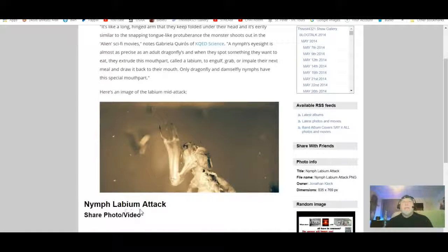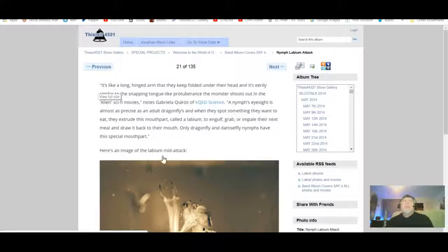Nymph labium attack. There you go. It's a long hinged arm that they keep folded under their head, and it's eerily similar to a snapping tongue-like protuberance the monster shoots out in the alien sci-fi movies, notes Gabriela Quiros of